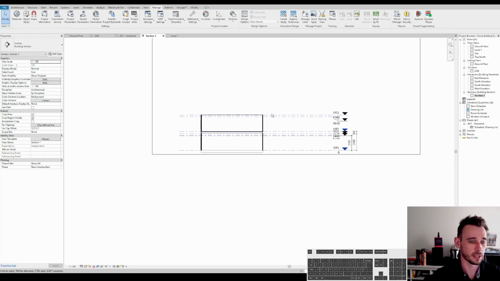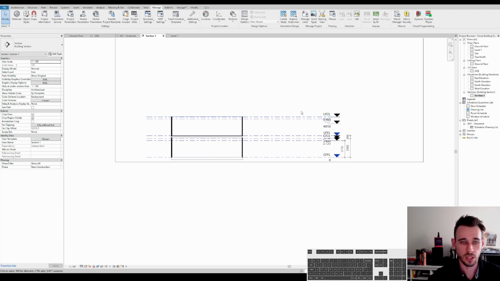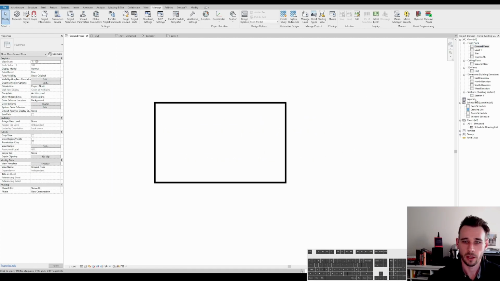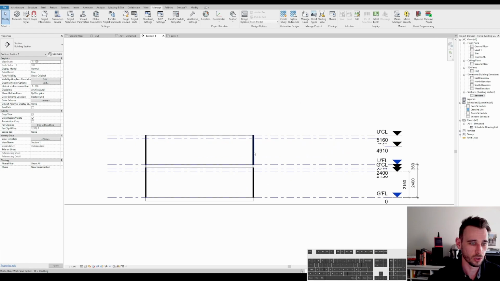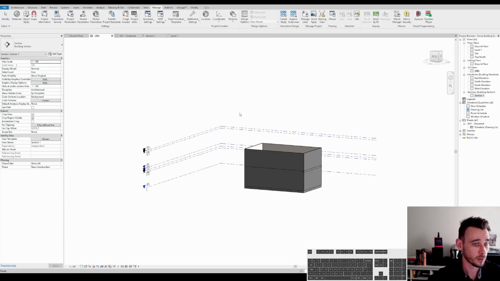Okay, cool. Look, that's very basically how we would go around creating levels in jobs. It's a good idea if you're going to be doing a lot of 2-story houses or 1-story houses to have the levels pre-made and the plans pre-made. Then you can go through and it's all kind of done if it's a 2-story house, and if it's not, then you can just grab them and delete them and then continue with the 1-story project. Okay, so the point that I was getting to originally here is